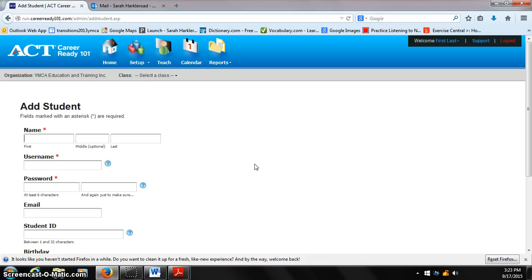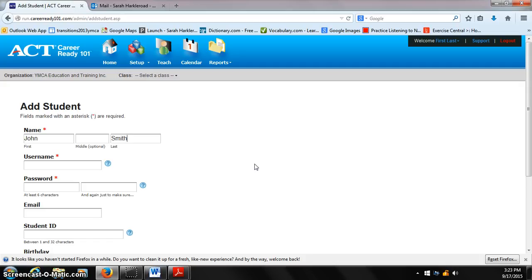So we're going to do first initial, last name, and the month, period, year, and the password will be YMCA, first initial, last name. So, for example, if we have a student named John Smith,